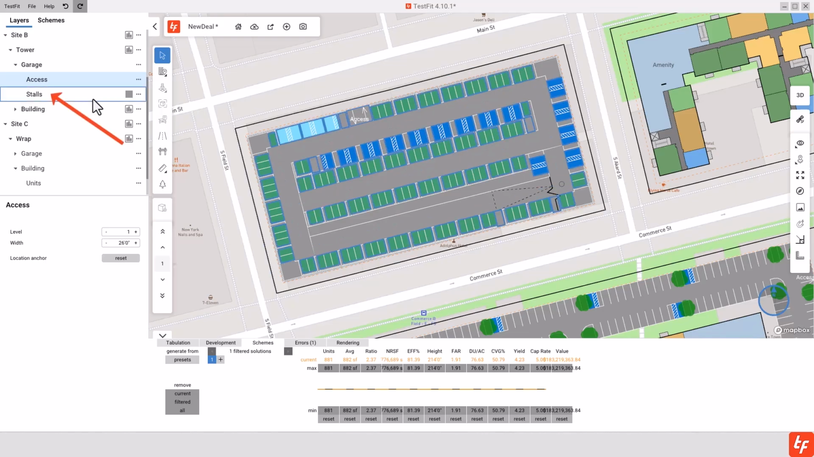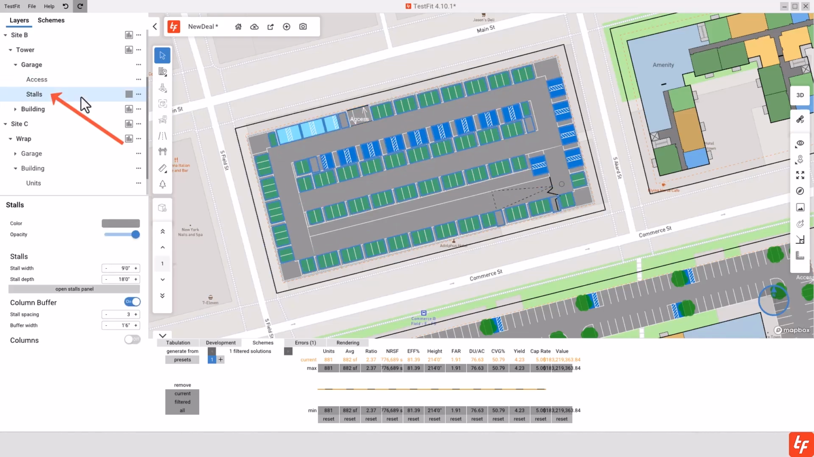Below access is stalls, where we can control the color of the stalls as well as the opacity. And then we can also control the overall stall width and depth. We can add column buffers with additional stall spacing and buffer widths. And we also have the stalls panel. So if we go ahead and click Open Stalls Panel,